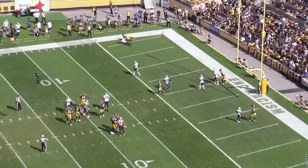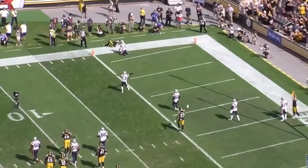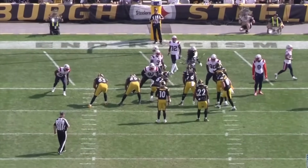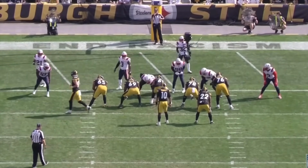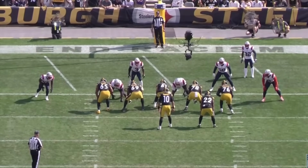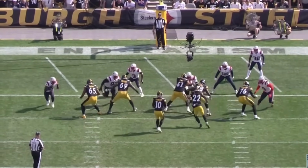But, man, this is the kind of stuff, man. There will be a couple plays probably that he'll make on Thursday that will make you squint and you'll see an NFL starter and you'll wonder why things didn't work out for him even though he was a top pick. But if he can just make a couple of these plays and keep